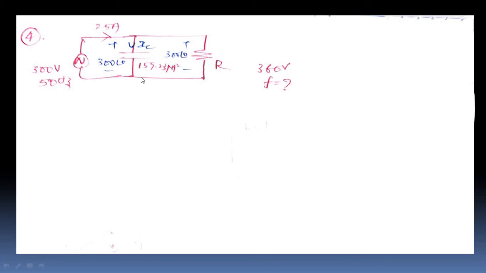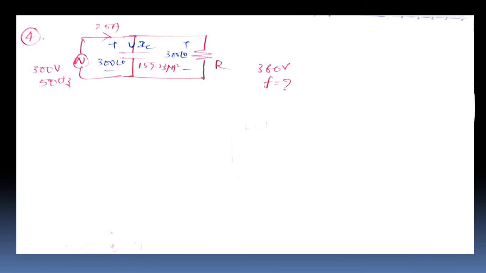So here once again, voltage source, capacitance and resistance are connected in parallel. So here the supply current is 25 amps. In order to maintain the same current, if the voltage is changed from 300 to 360 volts, what should be the frequency? So first, for any problem, first we have to